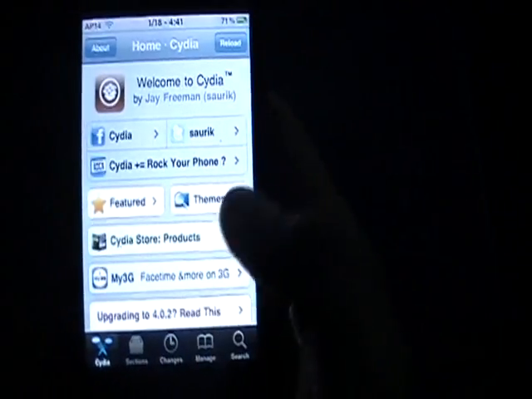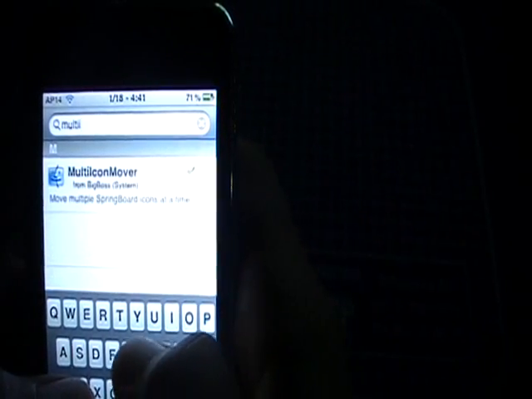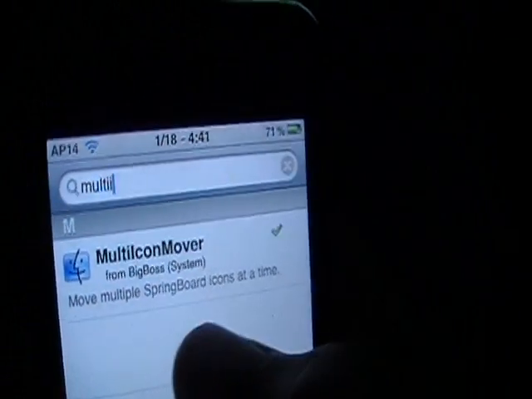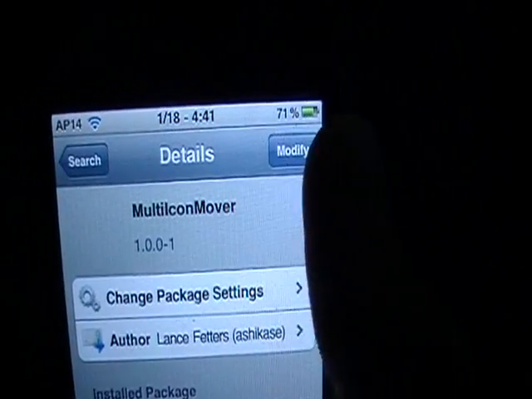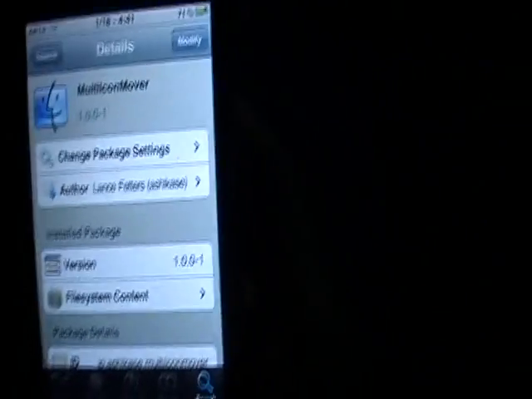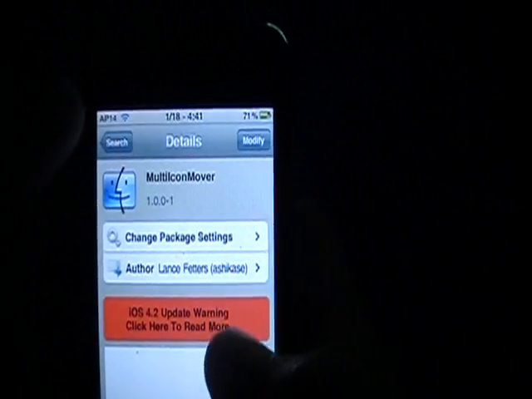So once you're in Cydia, you're gonna want to go to search and then type in "multi," and then just type in the I again, and then you'll see it right there, MultiIcon Mover. Select that, install, and once you install it, I think it'll restart your Springboard or reboot